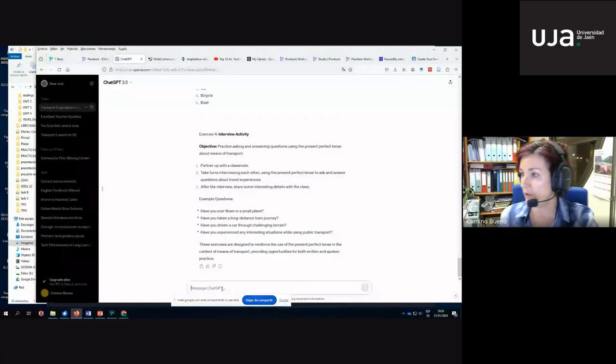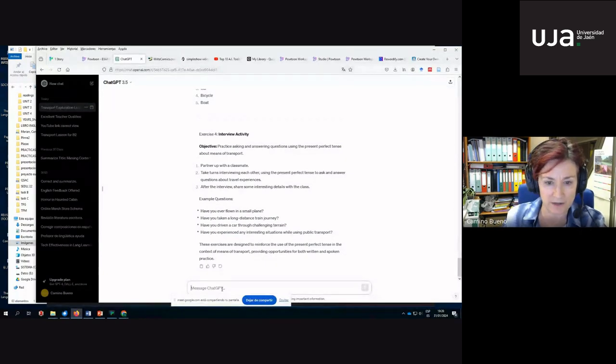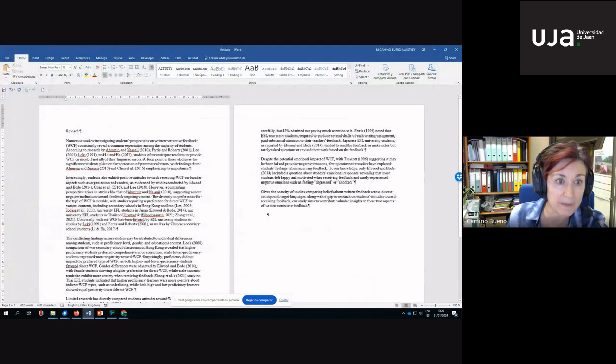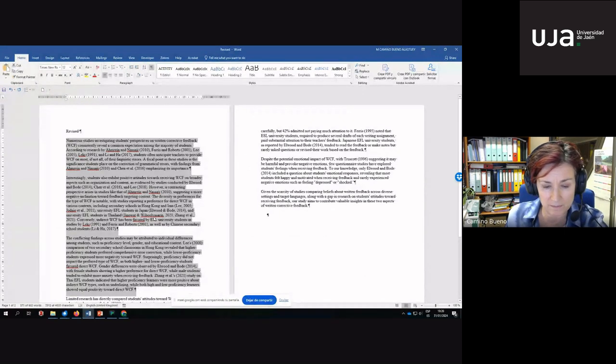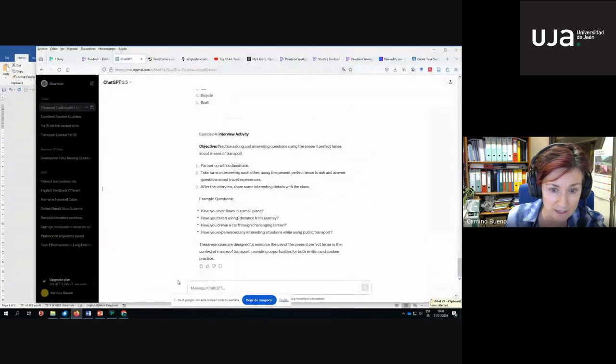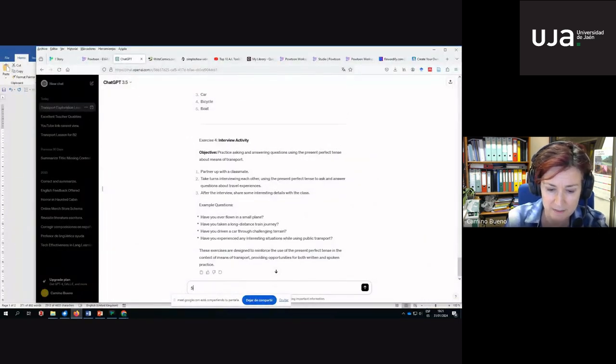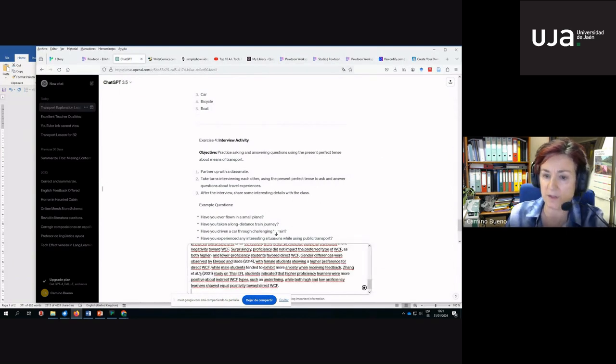So first thing I'm going to do is write a summary. Okay, so imagine you have a text. I have a text here, which I'm going to copy. Okay, so you get 3 paragraphs. And this one is really simple. So you go there and you tell the program, summarize this. And then you copy there whatever you want.